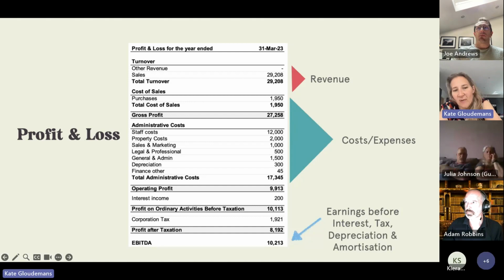In fact, I've got interest income at the bottom here. So then you have your profit or loss on ordinary activities before taxation. Then you have your corporation tax, and you have profit after tax. I've included EBITDA in here. So EBITDA is